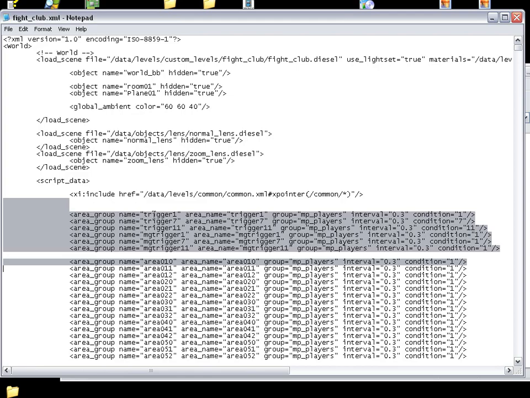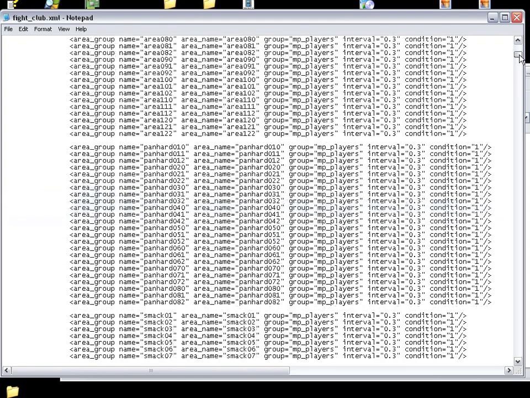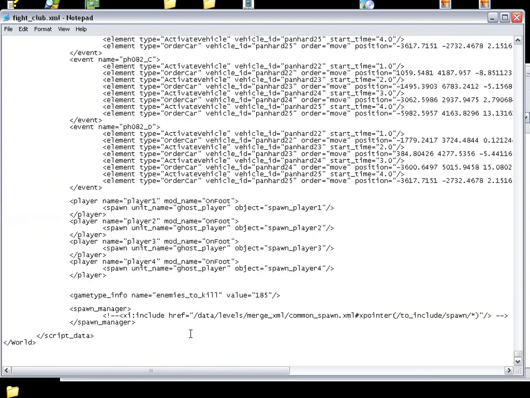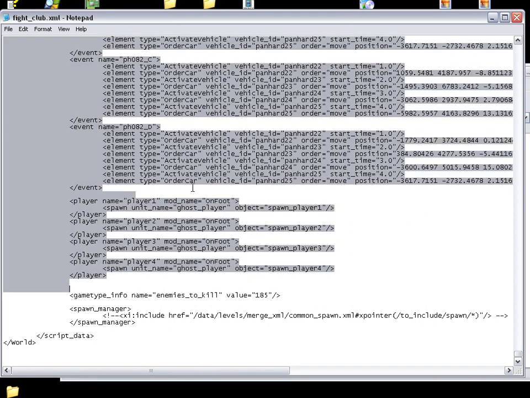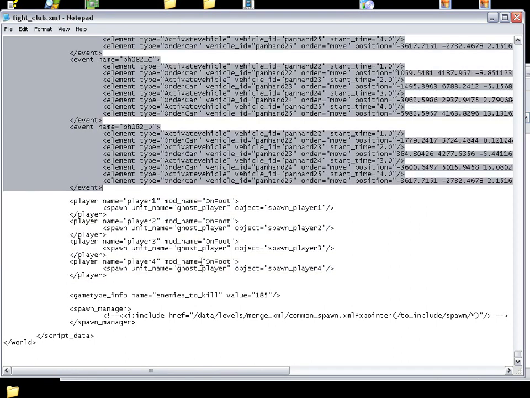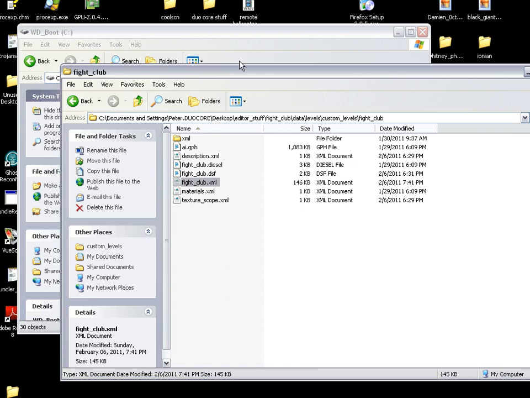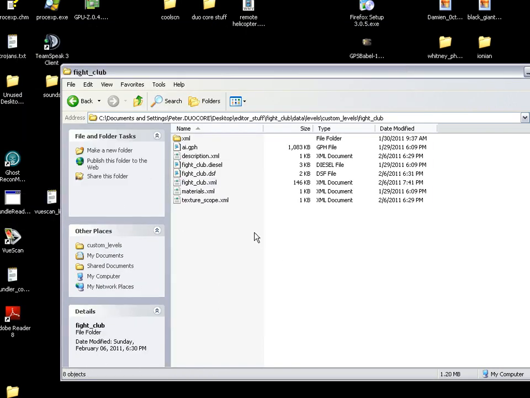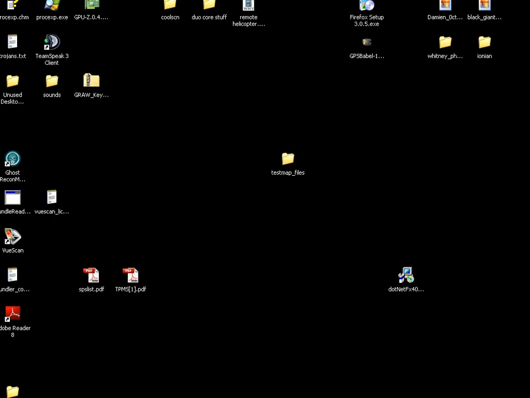See those names? Trigger 1, 7, 11. That's why we named this stuff like that. Take the whole thing. We'll clean it up right down to where it says player 1 at the bottom of the script. Get back over to the map we're working on, which is, darn it,